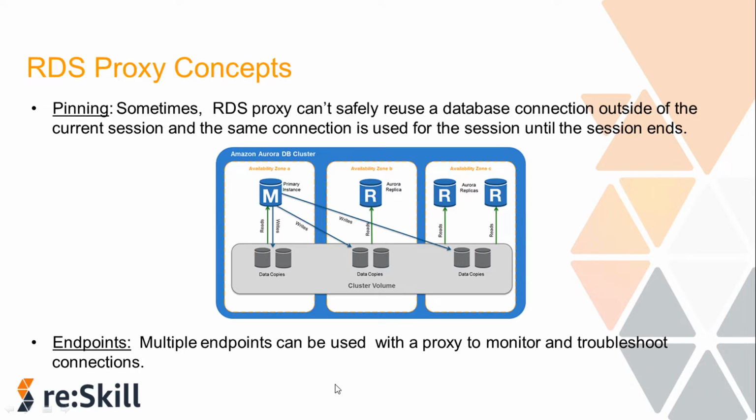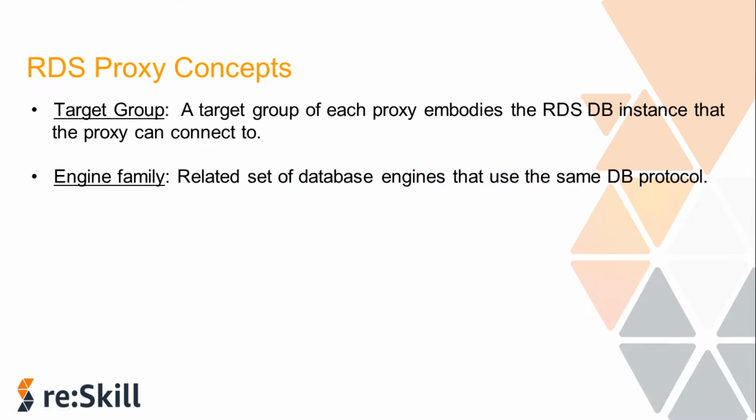Let's look into a few more concepts of RDS proxy. The next is target groups. Each proxy contains a target group, and this target group represents a set of RDS database instances or Aurora database clusters or both that a proxy can connect to. The RDS database instance that is associated with the proxy, or the Aurora DB cluster and its instances, is called the targets of that proxy. And for convenience, when you create a proxy through the console, RDS proxy also creates the corresponding target group and registers the associated targets automatically.